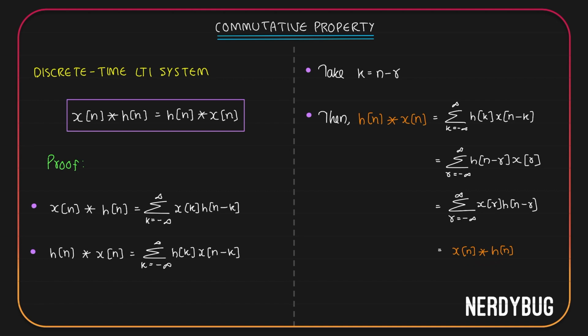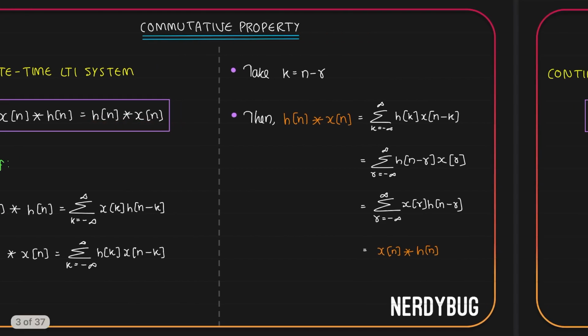So we can conclude that according to commutative property for a discrete time LTI system, convolution of x of n and h of n is the same as convolution of h of n and x of n. The order doesn't matter. Let's move on to